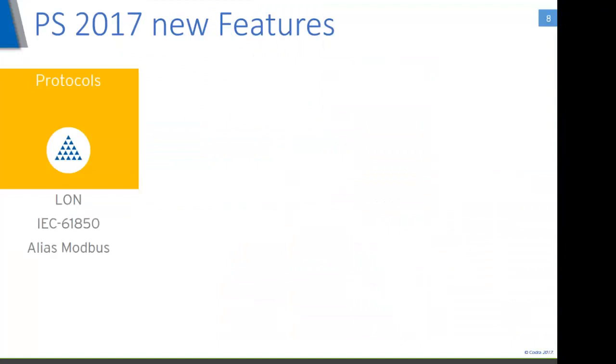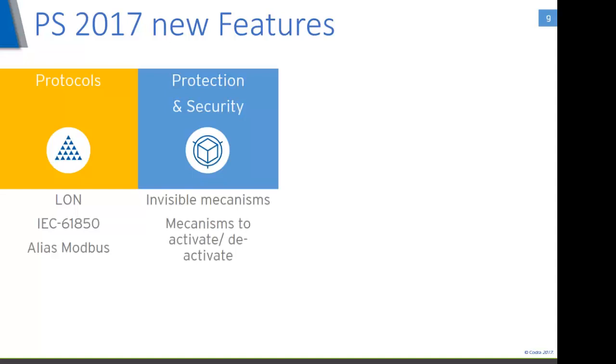So, a short reminder about the previous presentation. Some new protocols are integrated in Panorama Suite as native features. The LAN protocol is designed for building automation management, and IEC is for electricity management and distribution. And we add native Modbus aliases text files integration to manage aliases instead of the real addressing of the memory layout in your Modbus devices.